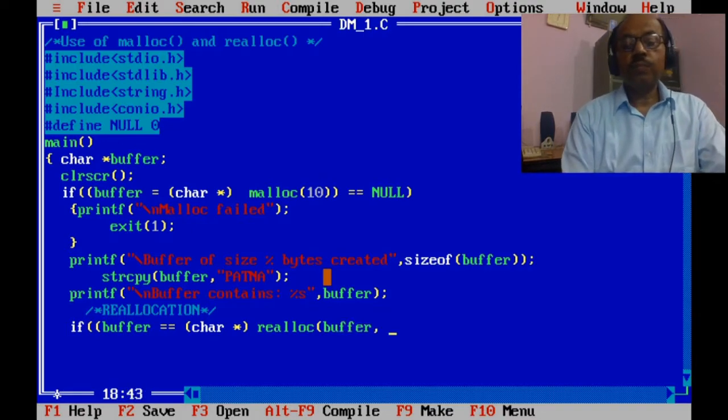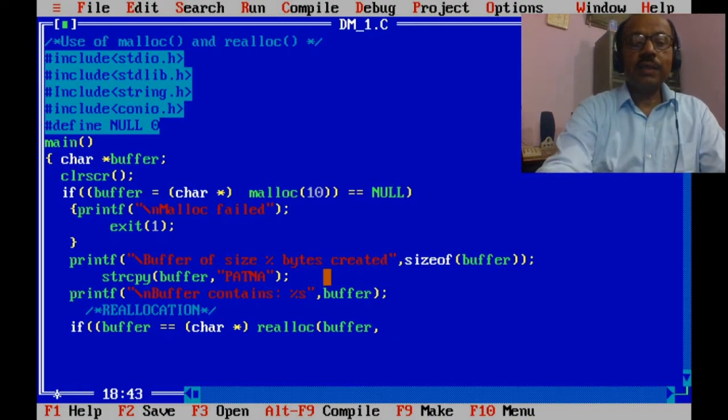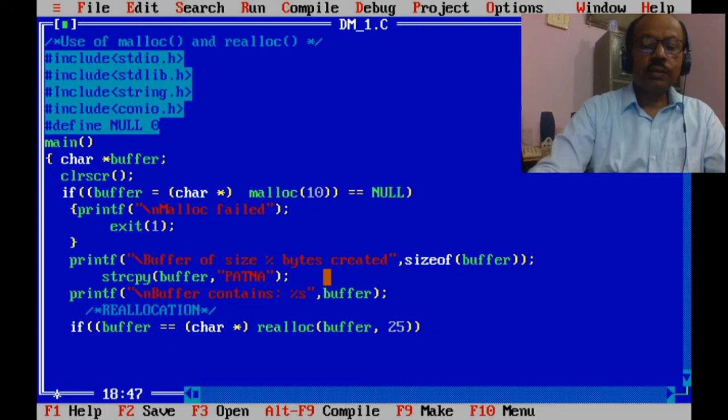Now we are extending the size of the buffer with 10 more bytes. Initially we had taken 10 bytes here. Here we will take 20 or 25 bytes. So directly we may write NULL.